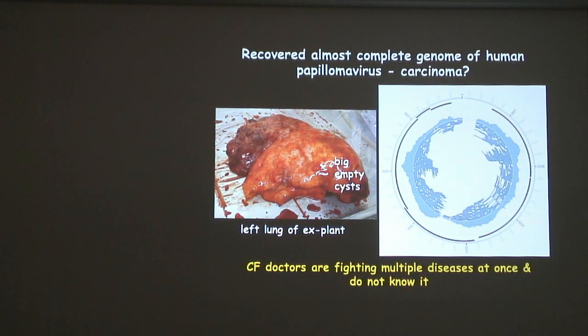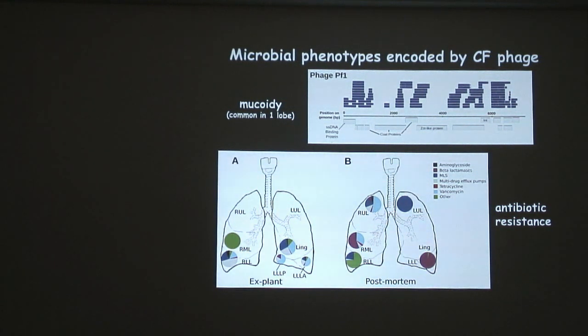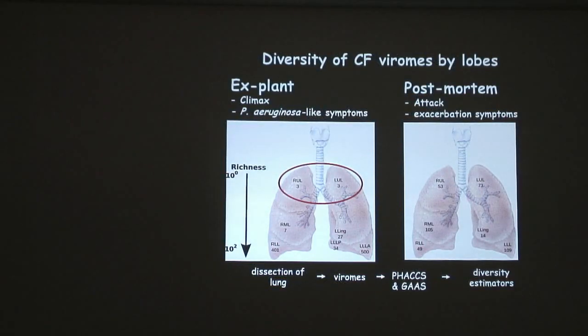HPV is just really a common thing. Okay? The other things that are going on here is that the viruses in this system are moving around some of the important phenotypes for the bacteria. One is the mucoidy phenotype of Pseudomonas aeruginosa, as well as actually a couple other gram-negative bacteria. And this is where the antibiotic resistance genes are. So there's a massive number of different antibiotic resistance genes in different parts of the lung of a cystic fibrosis patient that seem to be encoded in the viral fractions.